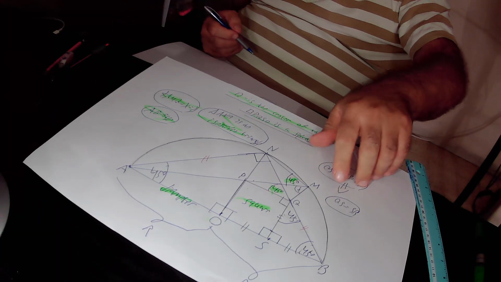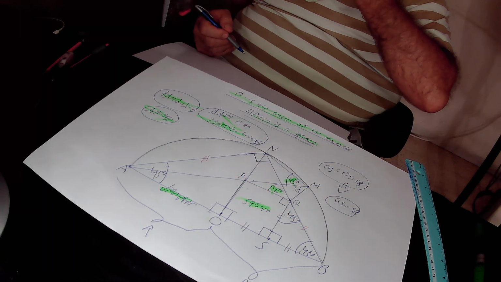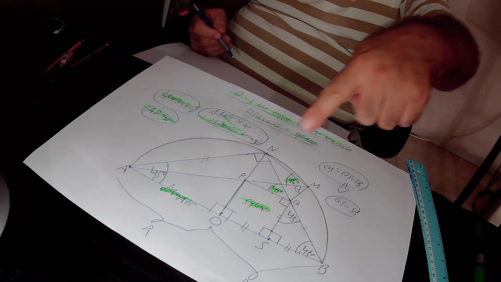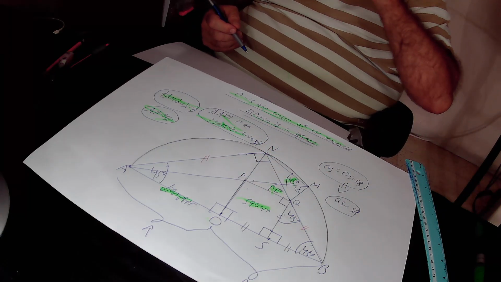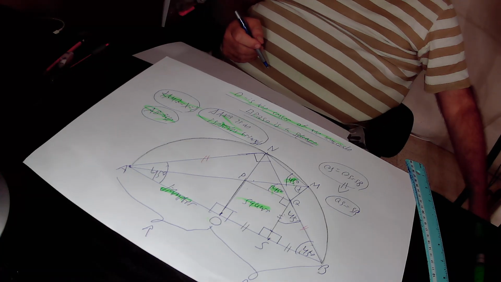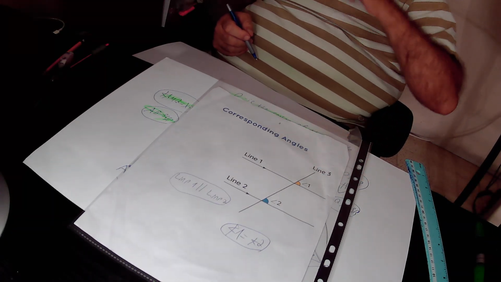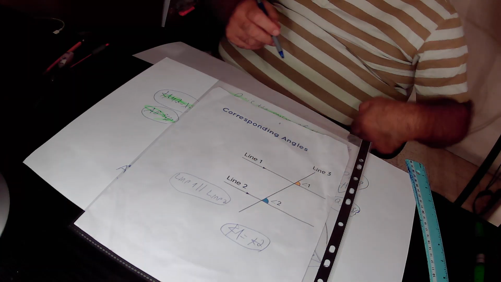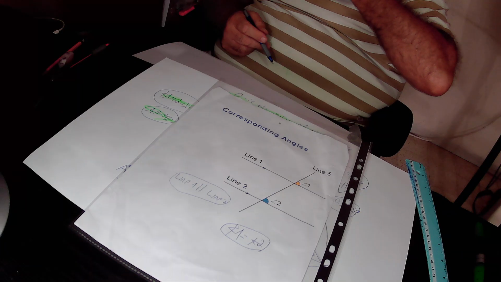So here we have in square PQSO, the opposite sides of a square are parallel to each other. So in square PQSO, side PQ is parallel to the opposite side OS. And we have the rule that corresponding angles between parallel lines are equal to each other. In the drawing we have line 1 that is parallel to line 2. Line 3 cuts the two parallel lines at those 2 points. And according to this rule,